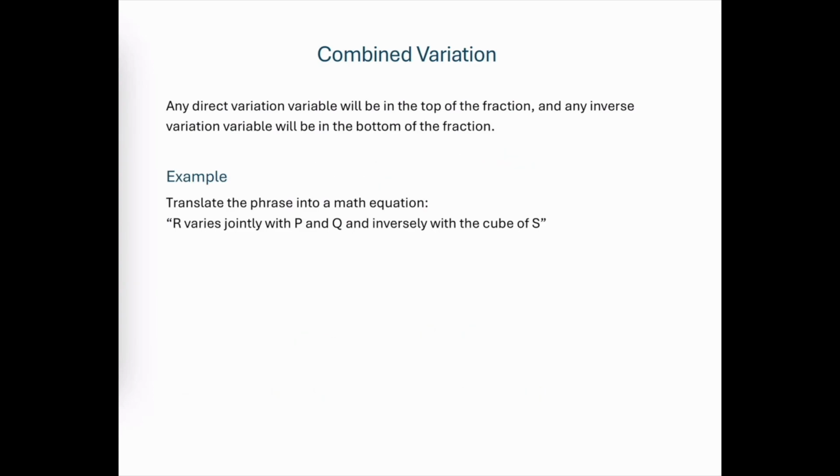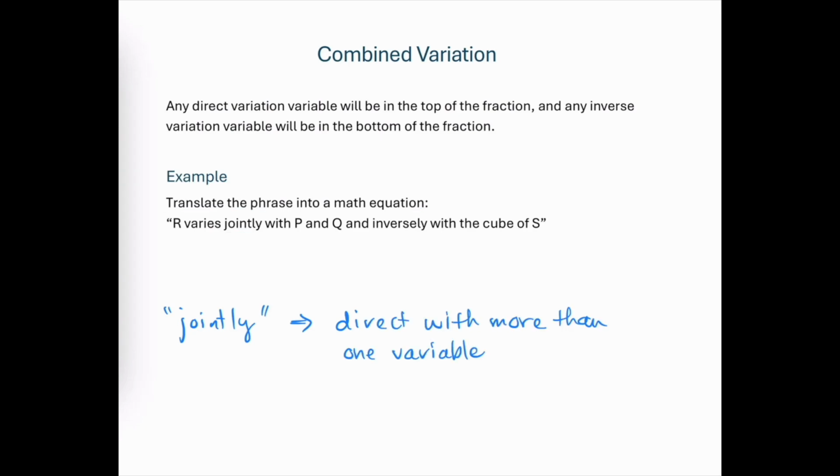Let's look at a quick example where we're being asked to translate this phrase into a math equation. What we see here is that r varies jointly with p and q. A joint variation is essentially a direct variation with more than one variable. So if r varies jointly with p and q, that means that r is in a direct relationship with both p and q. Before we write our equation, let's notice that there's also an inverse relationship here with the cube